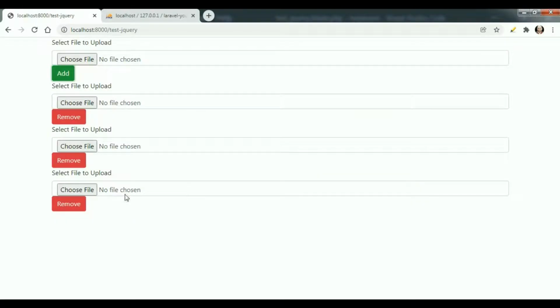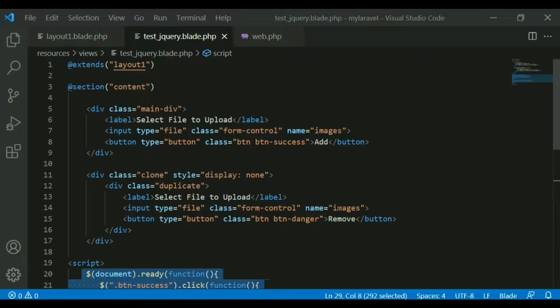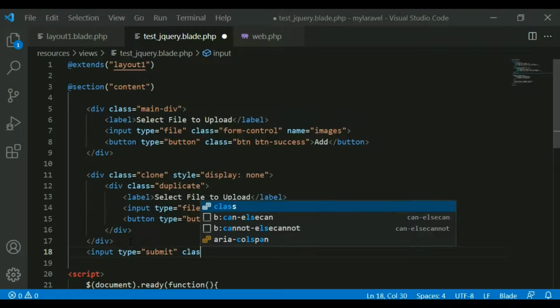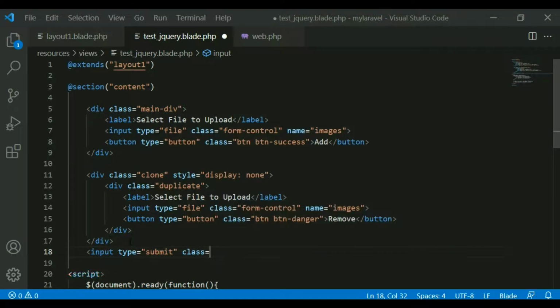So I have to create one submit button here. You can create a submit button: input type submit, class equal to btn btn-info, and the value, upload.